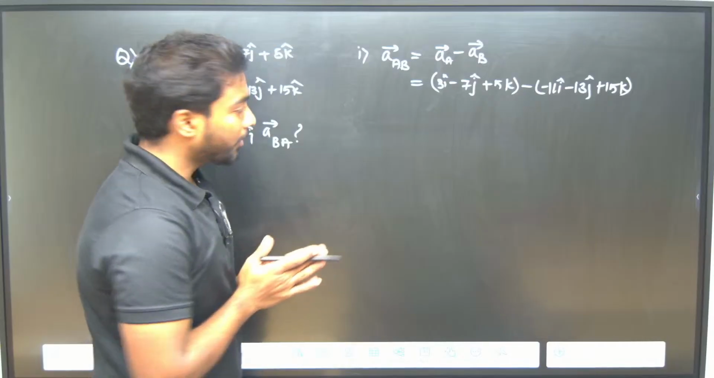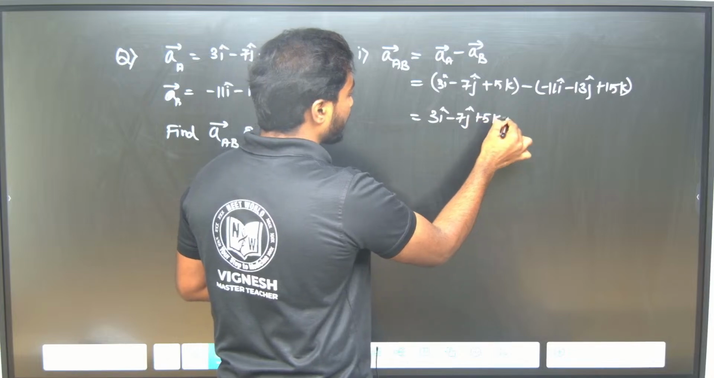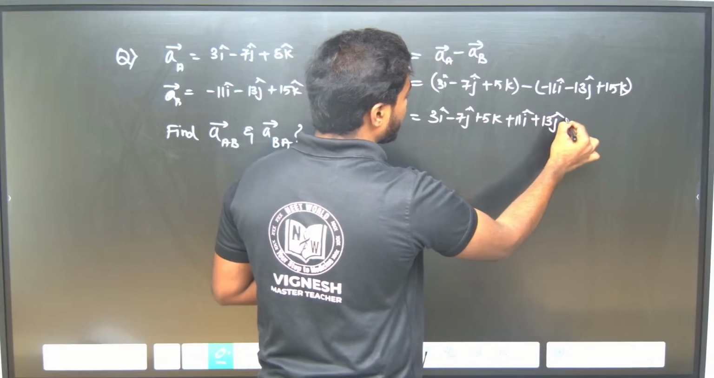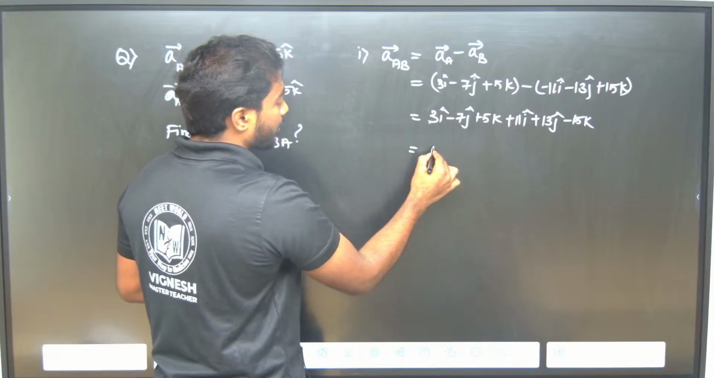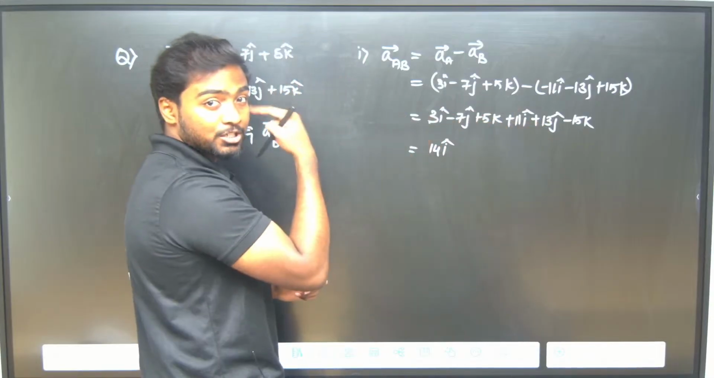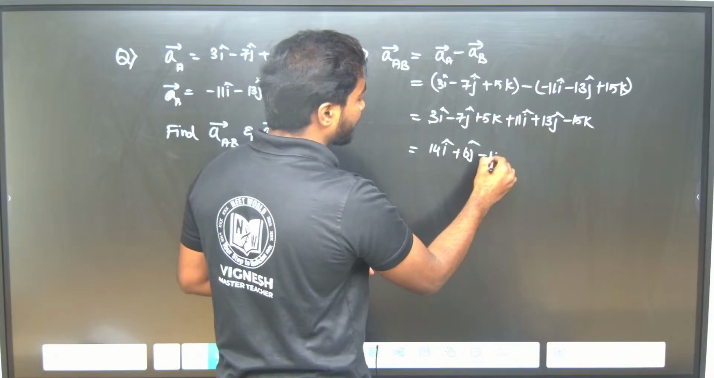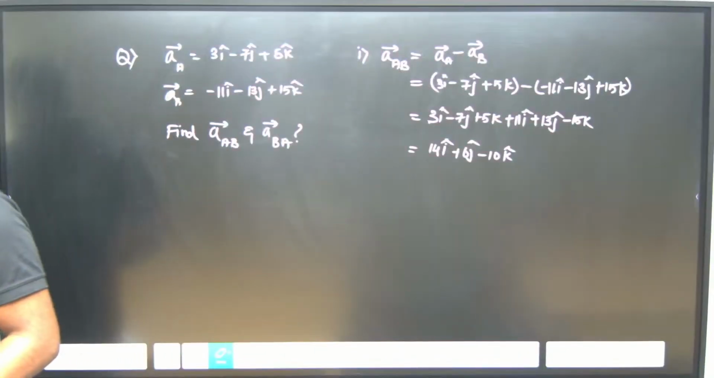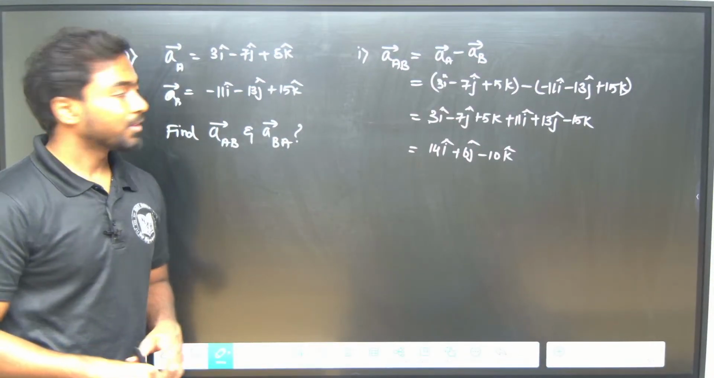Now I can solve it, right? So 3i minus 7j plus 5k, minus of minus plus 11i, minus of minus plus 13j, and then minus of plus will be minus 15k. So 3i plus 11i will be 14i cap, minus 7j plus 13j, how much? 6, no? So plus 6j, 5 and minus 15, so minus 10k, right? Right, no? This is my answer for the question. Next one,